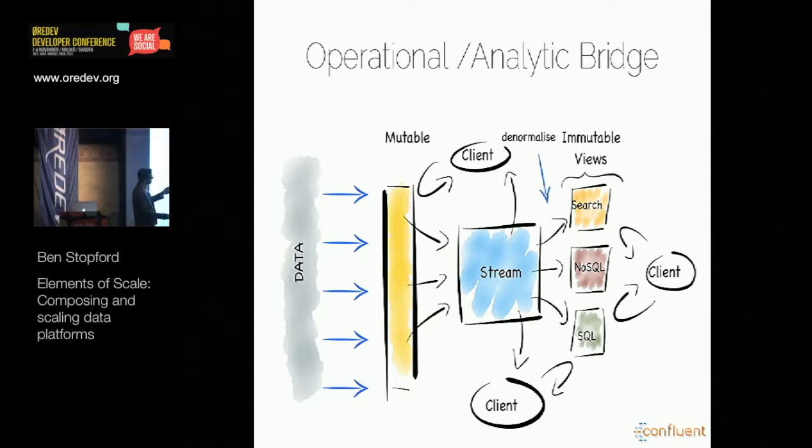And then off the back of that, we can create a set of views, a set of different instances, which could be in different technologies, but most likely are going to have different data sets inside them. And we can query those. So the big difference between this and the previous approaches is really just that idea of trying to separate the mutable from the immutable.